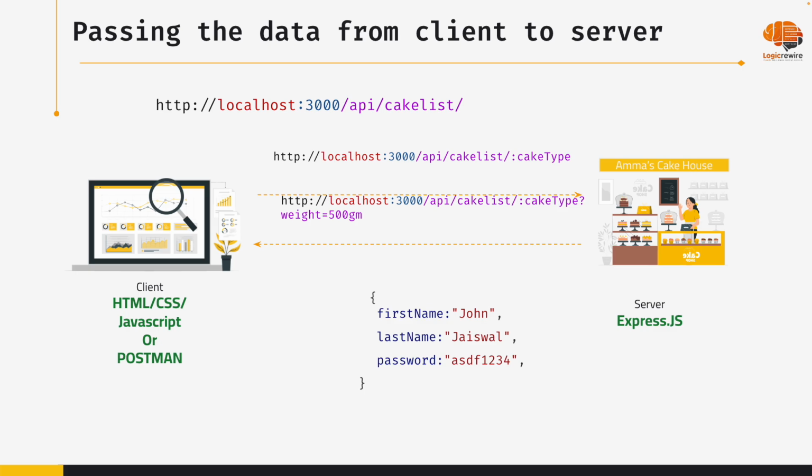Okay, Amar, any doubt here? Money in the sense